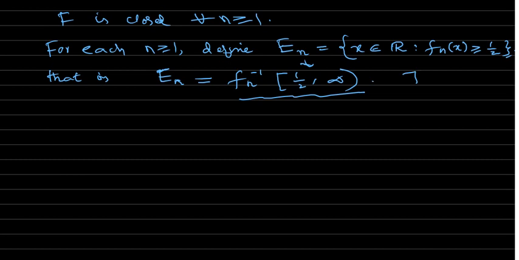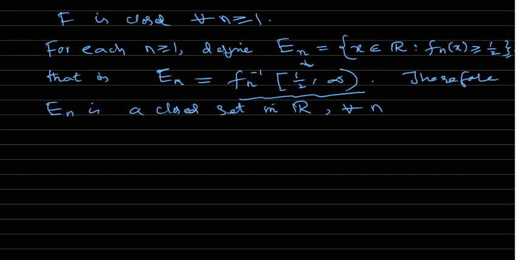So therefore En is a closed set in R for all n greater or equal to 1. En is closed. And also you know that the arbitrary intersection of closed sets is again a closed set. So now let's define